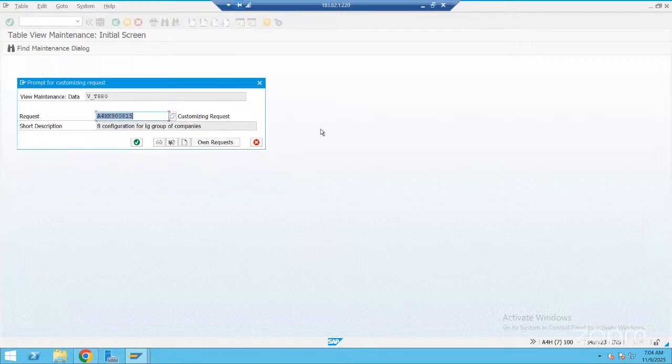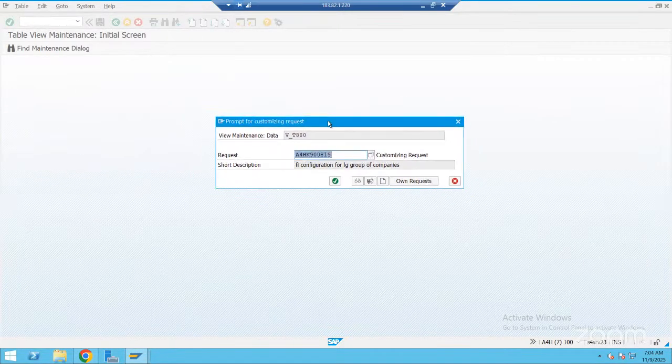See, the moment we click on save here, it is asking for the transport request. Maybe other people or any one of you, what is this transport request? How does it differ from the other transport requests? Whatever we created till now, table creation, database view, projection view, data element, ABAP program, that transport request is different. This type of transport request is different. Just observe closely, what is this one?